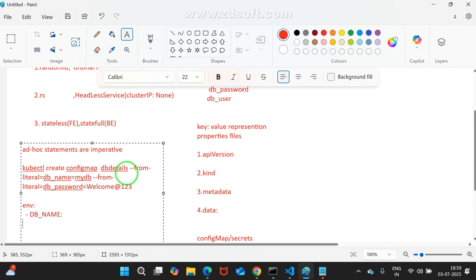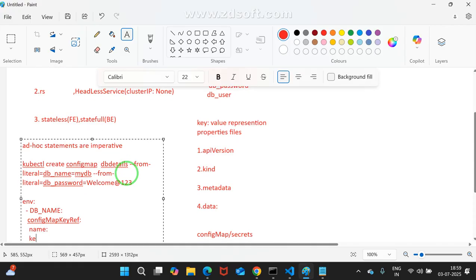Colon, again followed by configMapKeyRef. This is the standard word you need to remember. After that, you need to mention name colon and key colon. Name and key. Everybody understood, right?